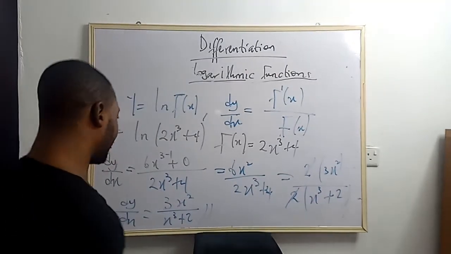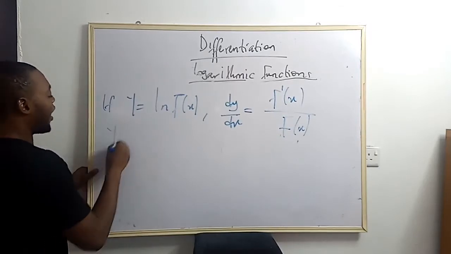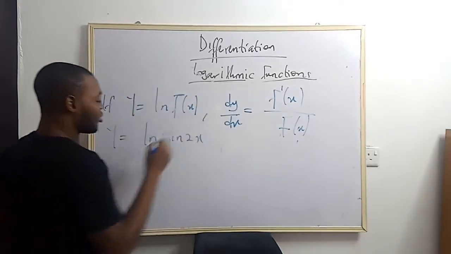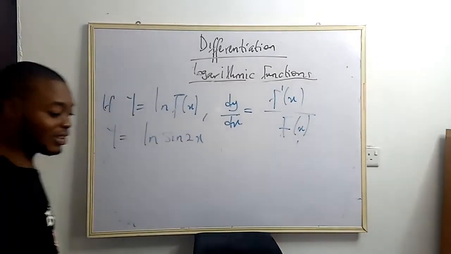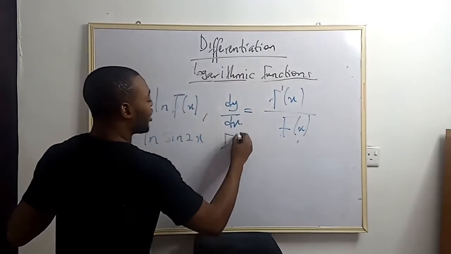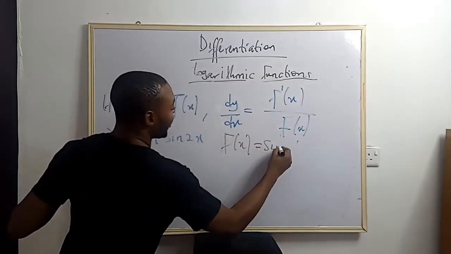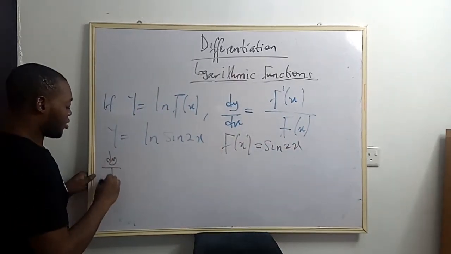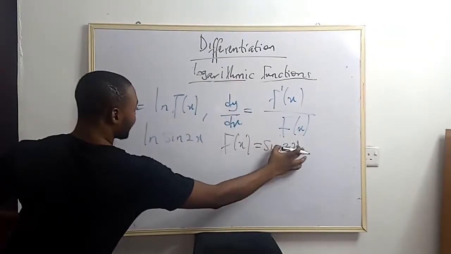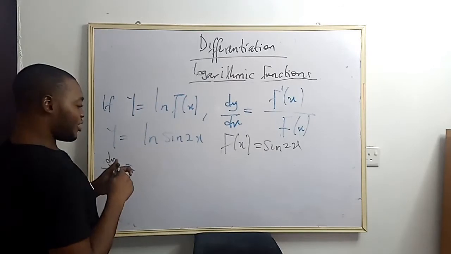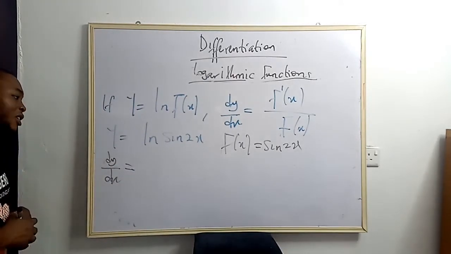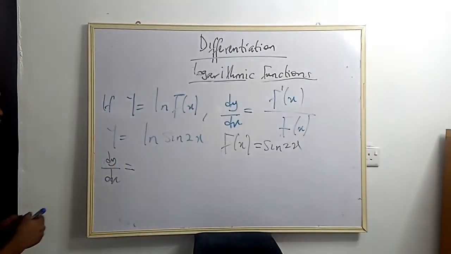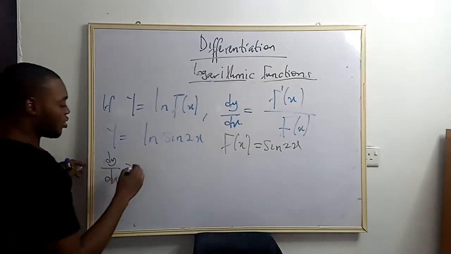Let's solve one more question on that. Say you have y equals log sine 2x. In this case, f of x is equal to sine 2x. So dy/dx will be equal to f prime of x. You differentiate this sine 2x. For the derivative of sine 2x, remember, you're going to use the chain rule. First, you differentiate with respect to the whole sine, and the derivative of sine is cos. So the derivative of sine 2x will be cos 2x